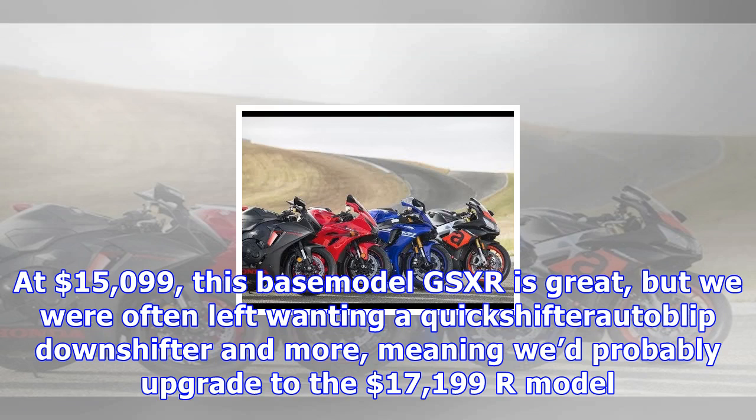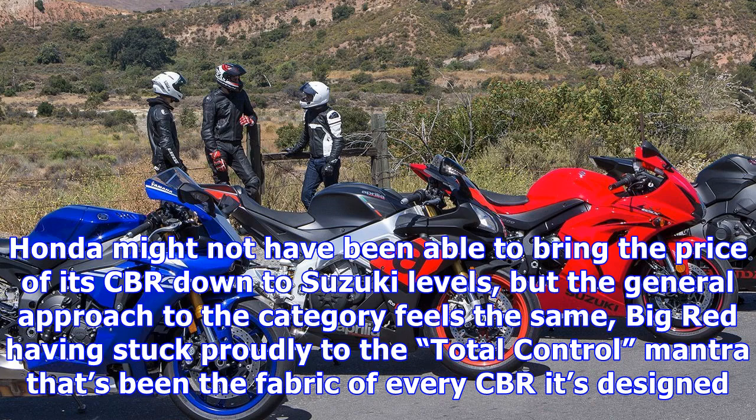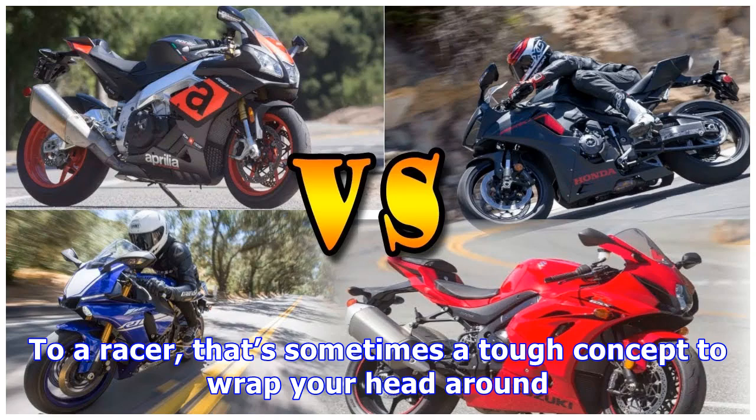No, the GSX-R's electronics package is not the most expansive, but part of the GSX-R's beauty is in its simplicity. In how it gives you so much through such an approachable and affordable package. At $15,099, this base model GSX-R is great, but we were often left wanting a quick shifter or blip-down shifter and more, meaning we'd probably upgrade to the $17,199 R model. At that point, you have a great weapon but still something less aggressive than the R1 or